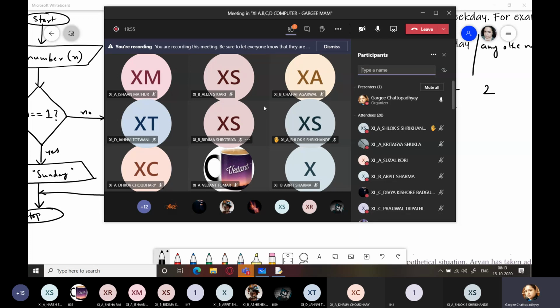If we have to print the weekday, we will ask for a number from the user, and we will simply write the dictionary name and the key, and it will automatically give us the particular weekday. It would be a hardly 3 line program, but we can do that only when we learn about dictionaries. We haven't covered dictionaries yet. So right now, understanding if elif is also important, because everywhere you cannot apply dictionaries.